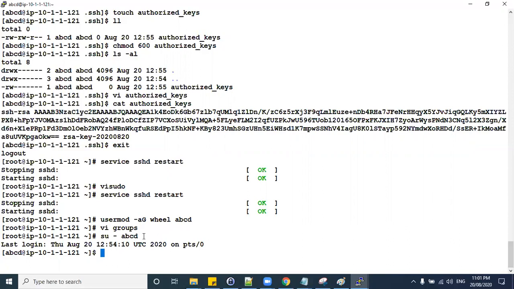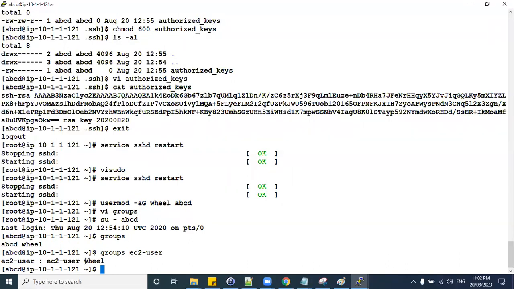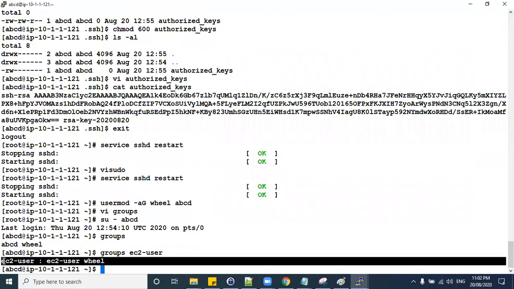Okay. Questions? It's under the wheel group only. It is also in the same group.